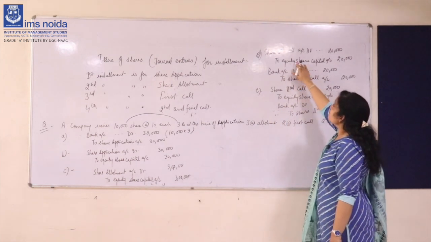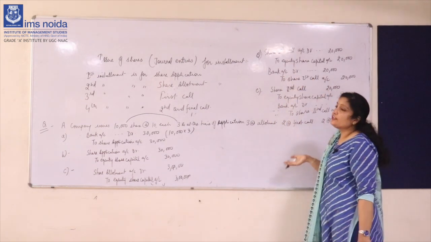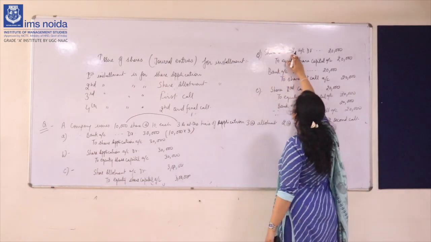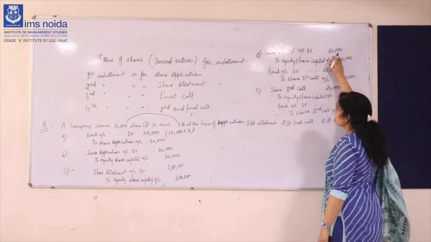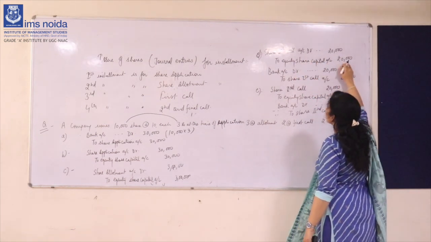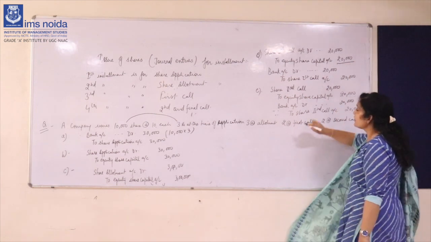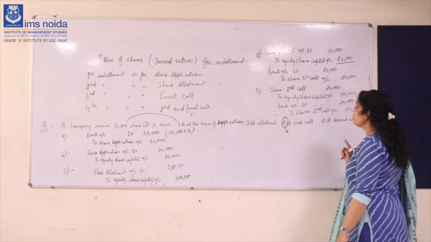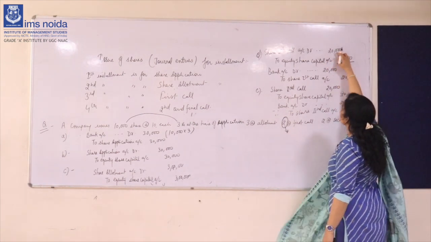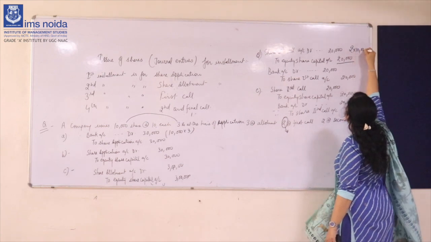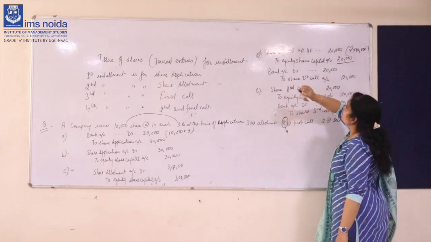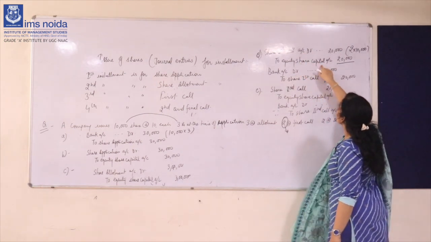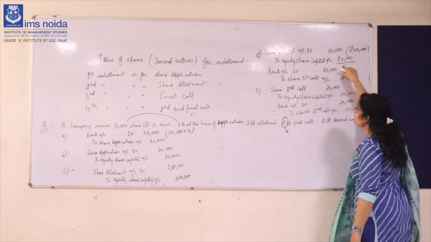This is for the allotment part. Now share first call. What will be the entry when we call the money for first call? Now the share first call account debit, which is 20,000 to equity share capital 20,000. Why will this 20,000 come? At the time of first call, we have called 2 rupees for each share. So 2 into 10,000 will come 20,000. Now to equity share capital. Now for issuing the first call equity share capital, we will do this. Then again 20,000 will come.